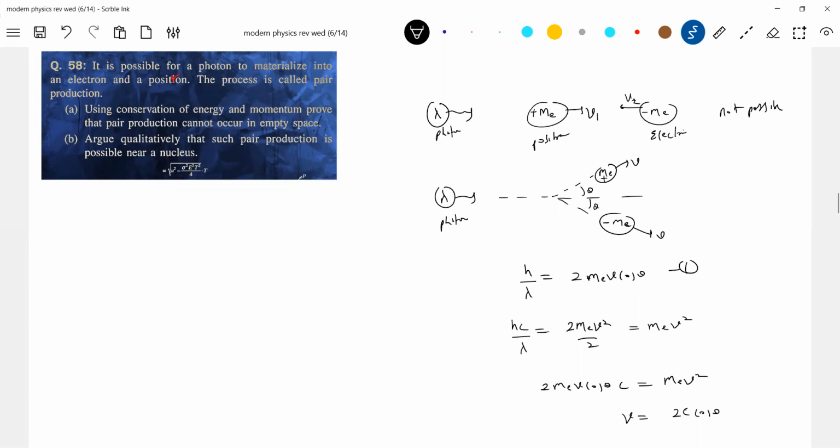Theta cannot be 89 degrees, sir. Okay, you write 0.0001. See, one thing, on paper you can argue anything, but practically the deflection that much may not be possible. So better say that the electron positron formed cannot have such a high speed, practically not possible for them. They cannot possess that much speed.